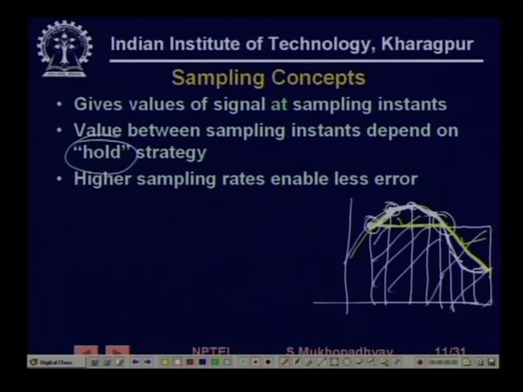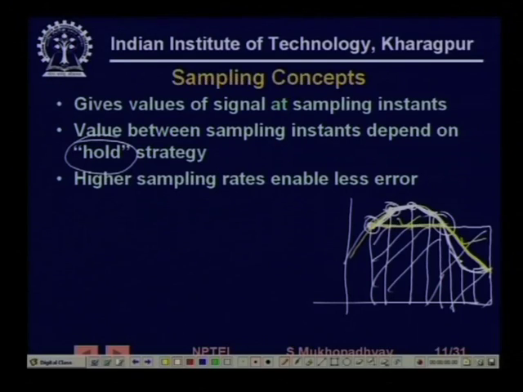So, in general closer sampling will give you better accuracy, but it is also more work. So, more work means faster sampling and faster data processing. So, you have to determine what is the appropriate level of error that you can tolerate and what is the maximum amount of work that you can do within a given time, right. So, it turns out that